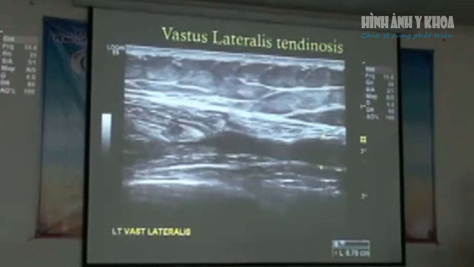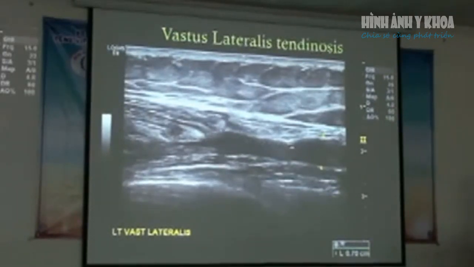So this is the vastus lateralis muscle, and then coming down into the tendon here. And you can appreciate that there's no real normal-looking tendon fibers there. So this is marked tendinosis of the vastus lateralis. Đây là cái vùng của cơ rộng ngoài, thì mình thấy cái hình ảnh này nó không có giống như bao hạt dịch và nó có cái khả năng kém, cho nên là đây là tình trạng của viêm của